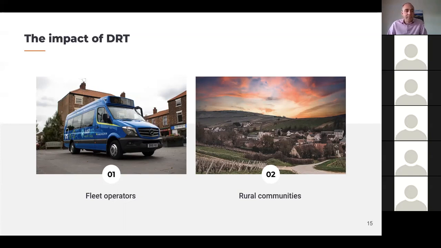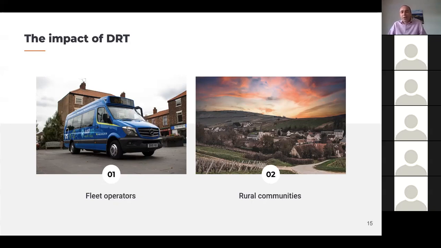work to our drivers. So most bus drivers now, they have a duty, they know where they're going to be at what time, they follow a schedule. With this, it's much more flexible. They know when they're starting, when they're finishing, they know what time their meal break's going to be. But in between that, our drivers don't know what they're doing until the next pickup. So that's been quite a change for us in terms of how we manage the team. And it needs, I guess, a different mentality and approach by the driving team.